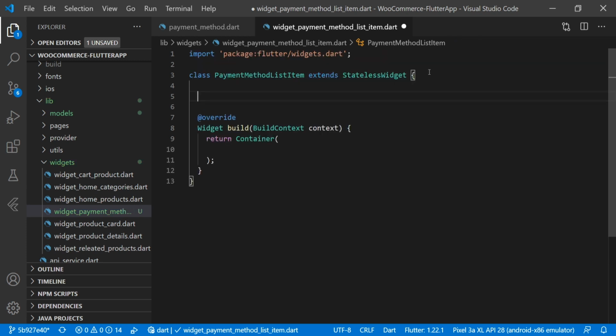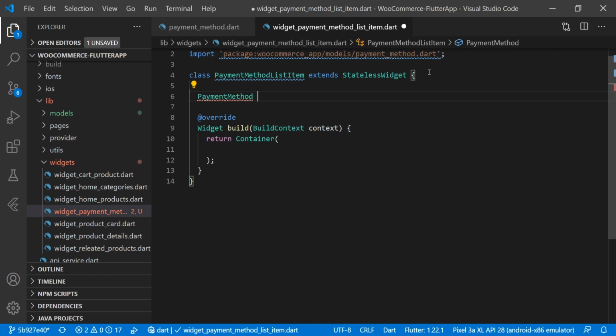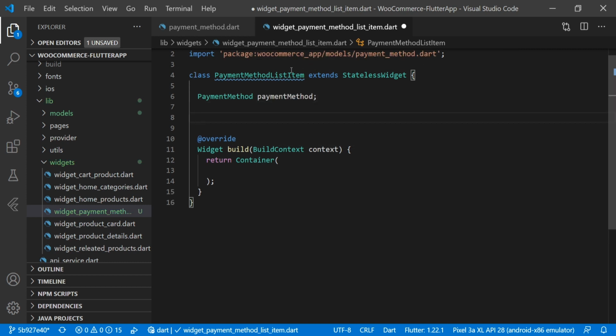So here we will pass the parameter of payment method, and in the constructor we will pass this.paymentMethod.